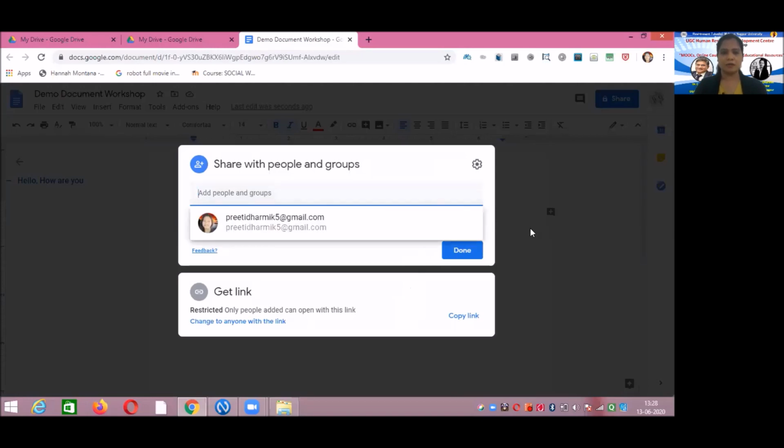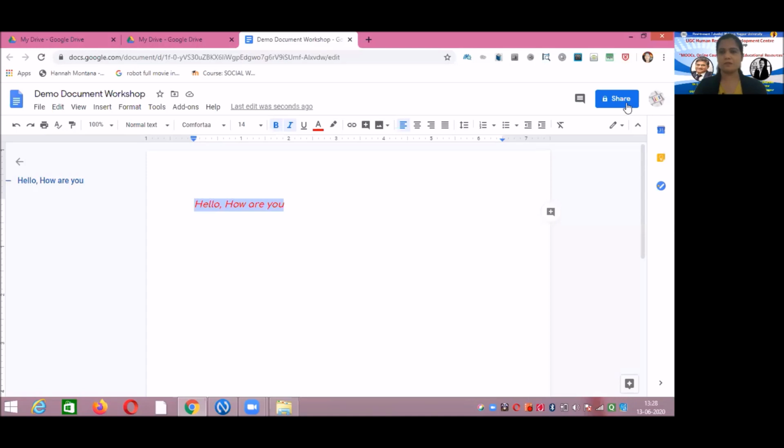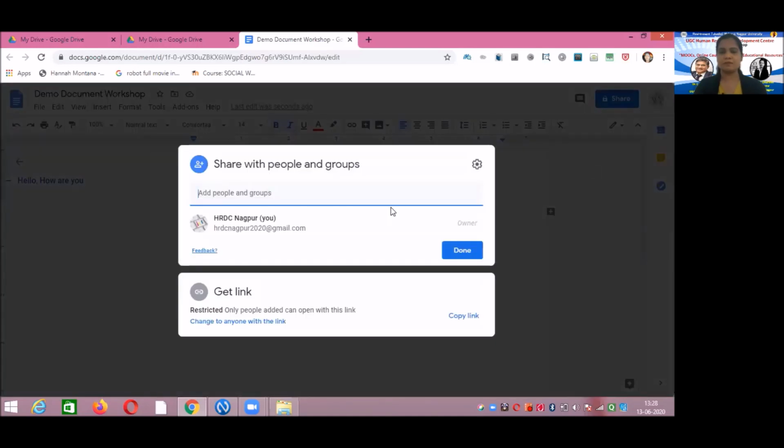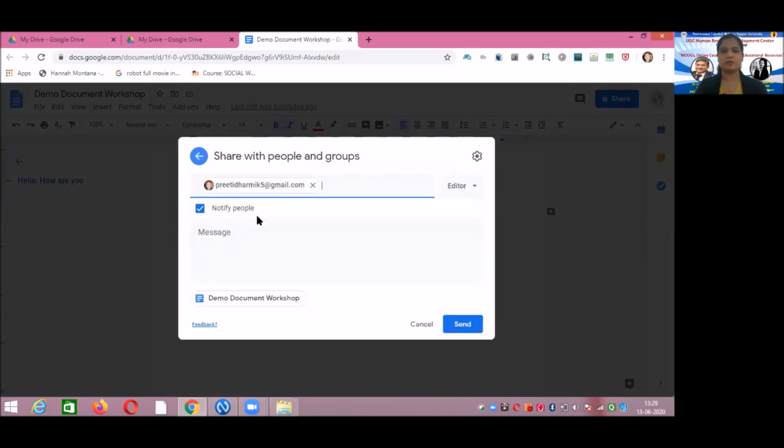Right now I am logged in to my college ID, but I am sharing this document to my personal mail. So to whom you want to share it, your fellow colleagues or some other participants, you have to type the mail ID of that particular person. For example, I am sharing this document to my personal mail ID.